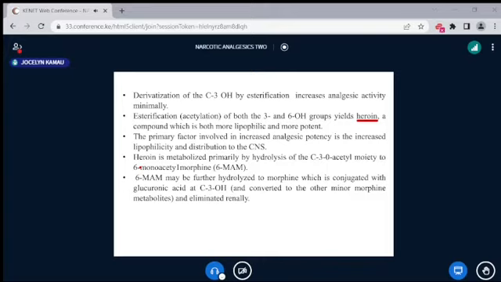So please do understand, just as the next point states, that the primary factor involved in increased analgesic potency is the increased lipophilicity and distribution to the CNS. So this drug is rapidly distributed to the CNS, high lipid solubility, high concentration. Definitely it's going to be metabolized to give you morphine, high concentration in the brain, and therefore giving you very good activity. Heroin is metabolized primarily by hydrolysis of the carbon 3 O-acetyl moiety to